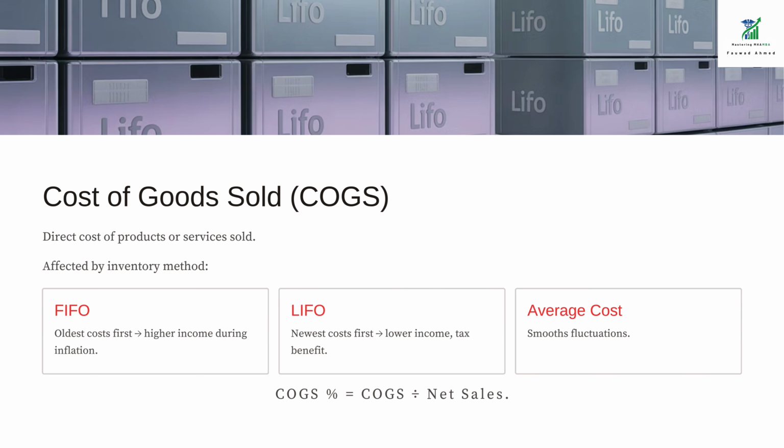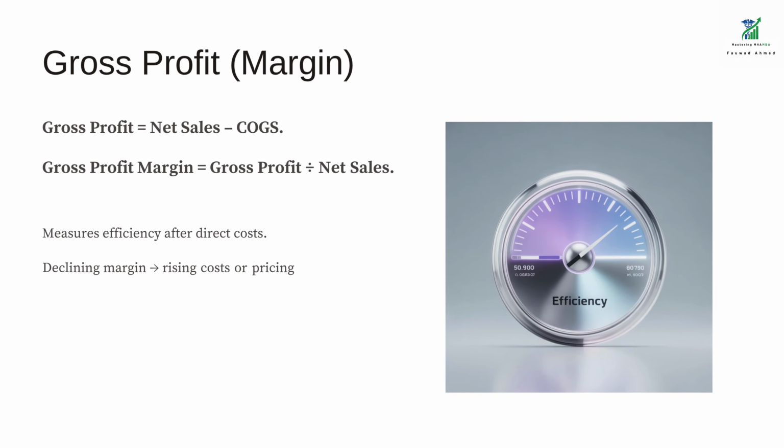A key metric here is the COGS percentage, calculated as COGS divided by net sales. This helps determine whether the company is managing production and purchasing efficiently. Gross profit or gross margin. Subtract COGS from net sales and you get gross profit, the first key profit measure. The gross profit margin shows how efficiently a company turns sales into profit after covering the direct costs of producing goods or services. It's calculated using a simple formula: gross profit margin equals gross profit divided by net sales. In other words, it tells us what percentage of each sales dollar the company keeps after paying for materials, labor, and